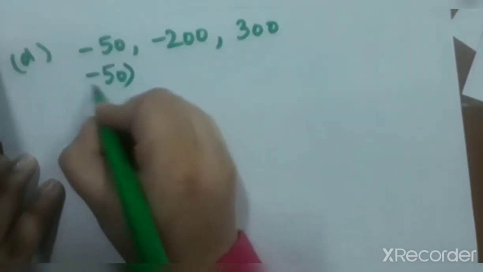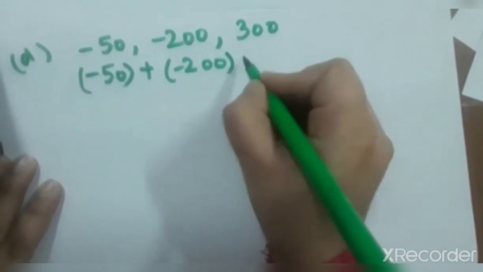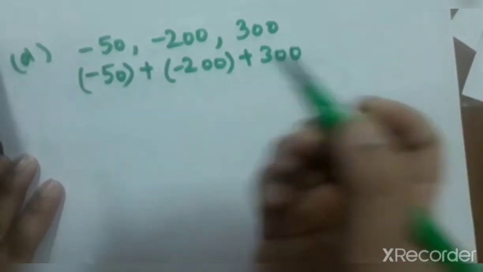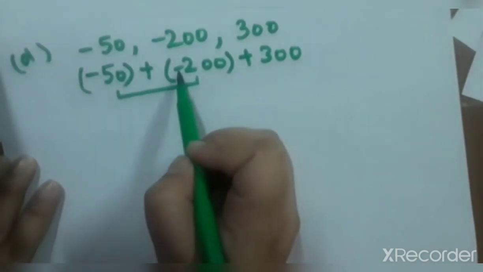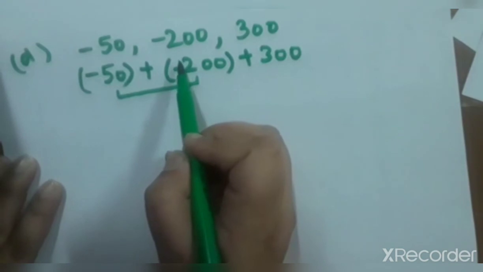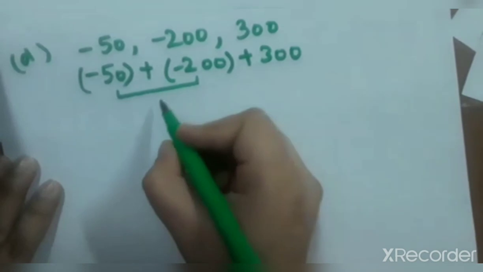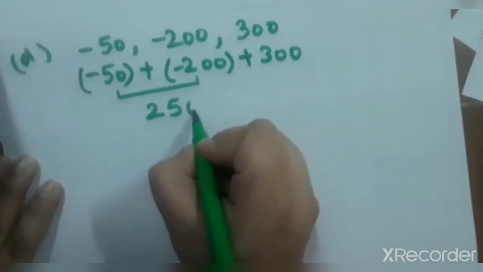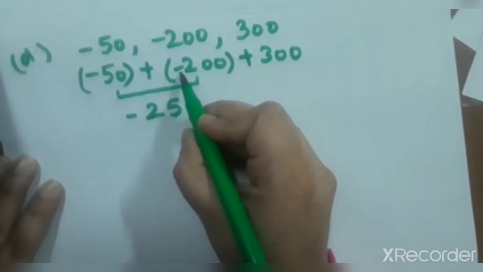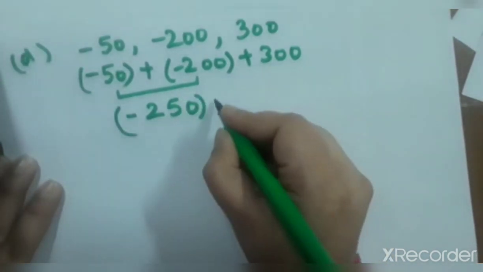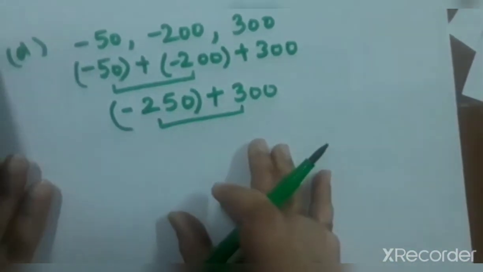Now we are going to add all these three integers: minus 50... So first of all, let us make a statement of it. Minus 50 plus minus 200 plus 300. Now again, I am going to collect the first two integers. Now the first two integers both are negative, and when both integers are negative, we are going to have the operation of addition. Minus minus is plus. So when I add, the answer is 250 with the negative sign because 200 is greater and has a negative sign in front of it, sorry. Plus 300 is left.